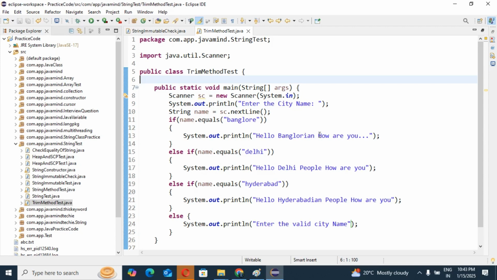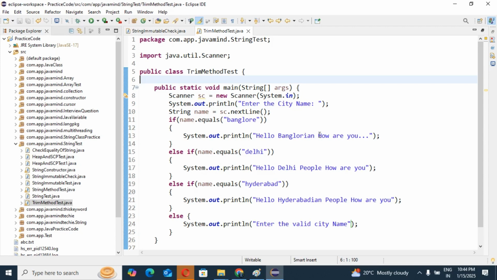The person who enters the city name doesn't know. But the program always expects lowercase only.